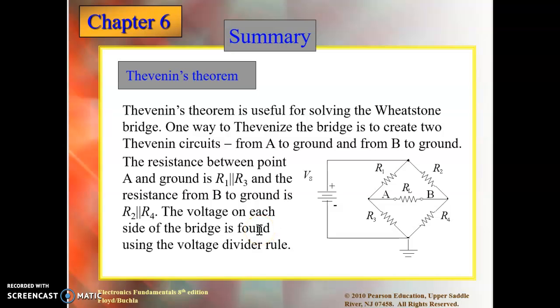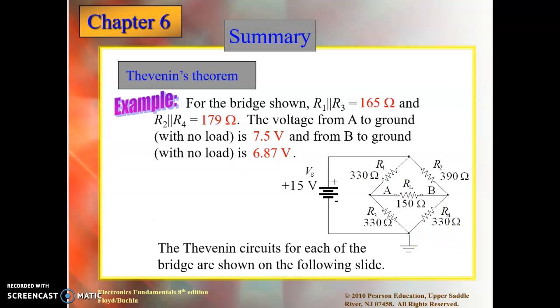One way to Thevenize the bridge is to create two Thevenin circuits from A to ground, and then from B to ground. The resistance between point A and the ground is R1 in parallel with R2, and the resistance from B to ground is R3 and R4 in parallel. The voltage on each side of the bridge is found using the voltage divider rule. Yes, I don't like that approach, so I worked it out